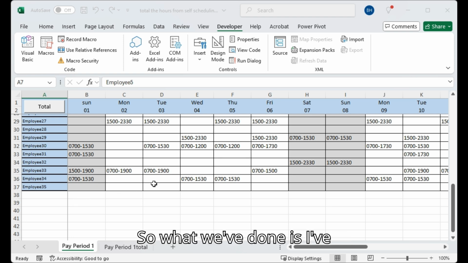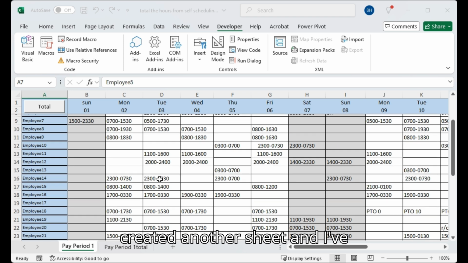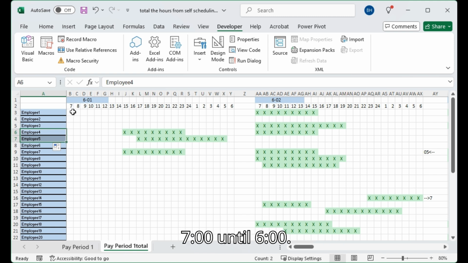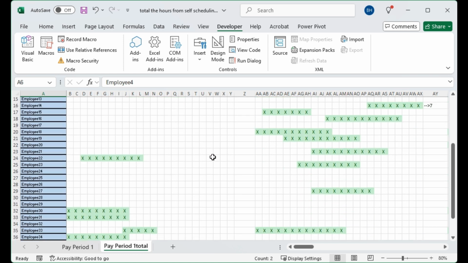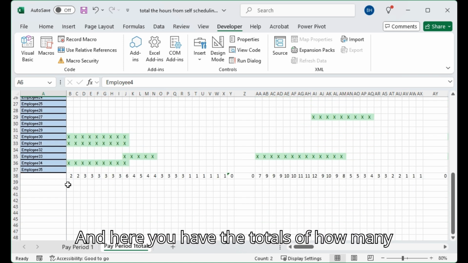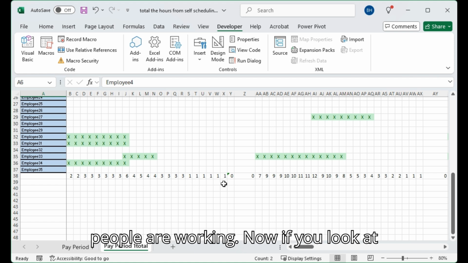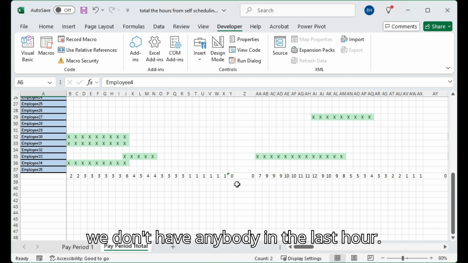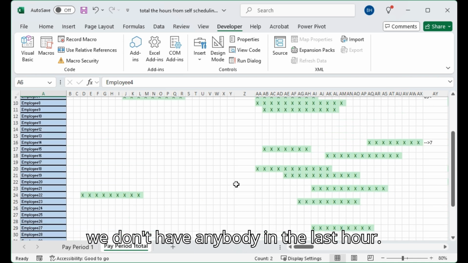So what we've done is I've created another sheet and I've translated the hours that they have written in here into a graph of the hours that are covered. So let's click on the second sheet, and here you have, so they work from 7 until 6, and here you have the totals of how many people are working. Now, if you look at this schedule, we seem to be missing, we don't have anybody in the last hour,